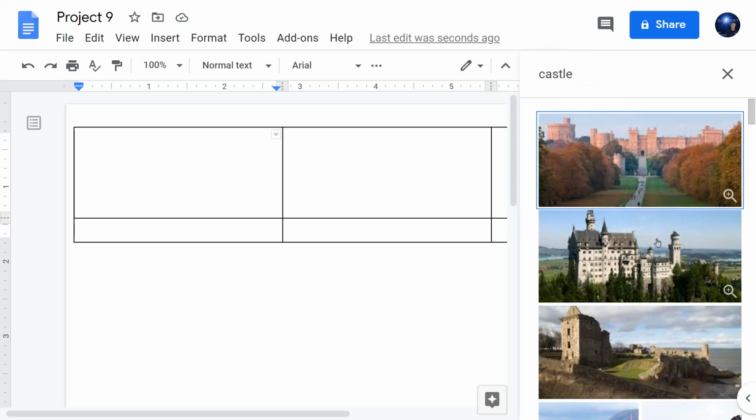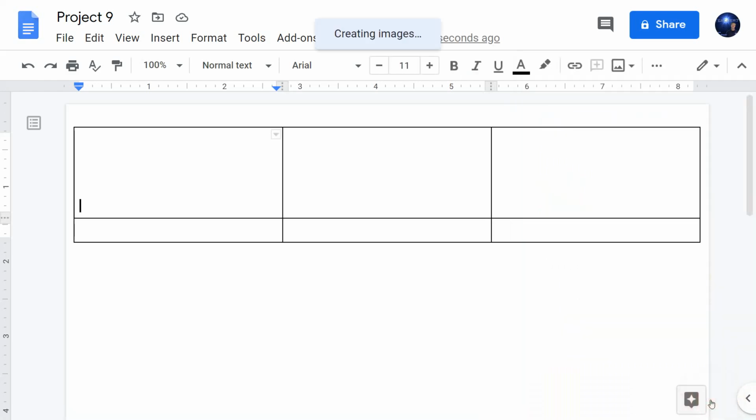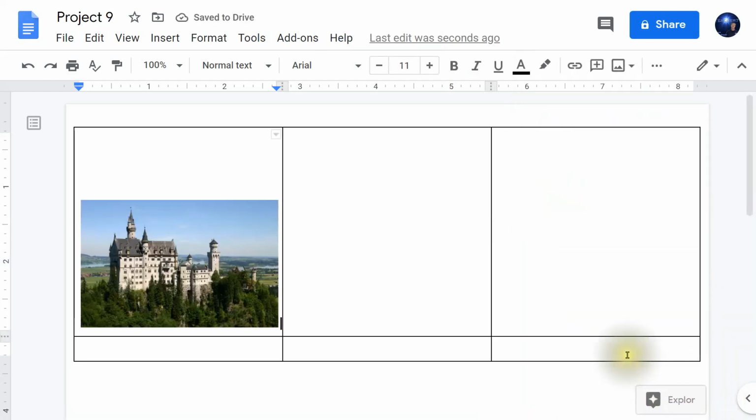Step 32. Select the castle that looks most like this one that I'm circling here, and I've clicked it once. Once you've clicked on the image of this castle, click on the button here where it says Insert. Step 34. You will now see the image found in your document as seen here.